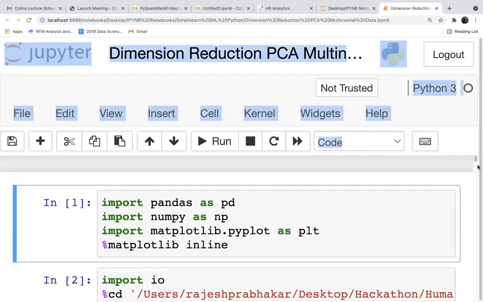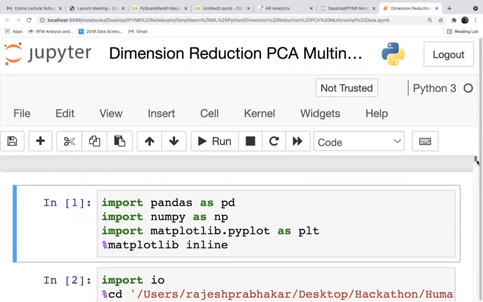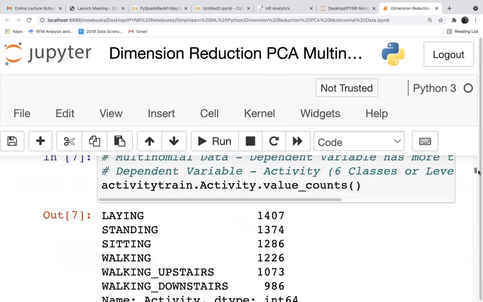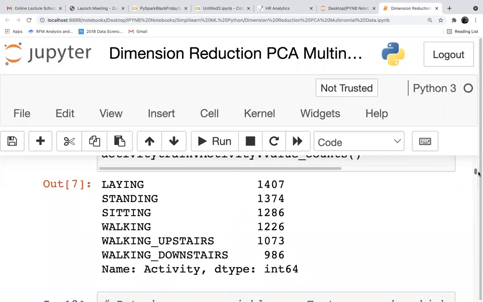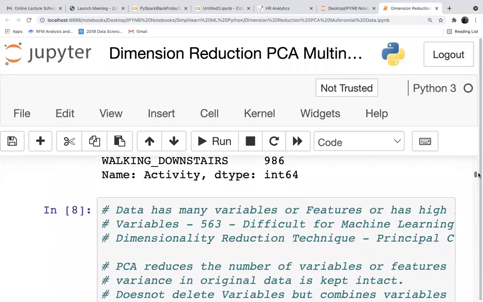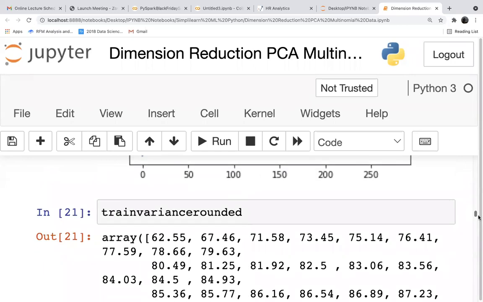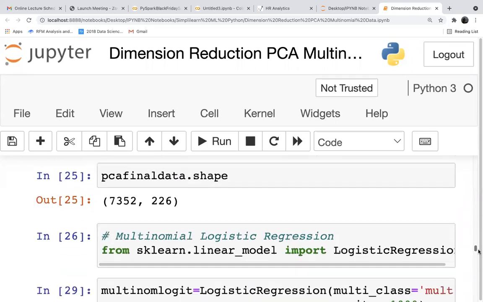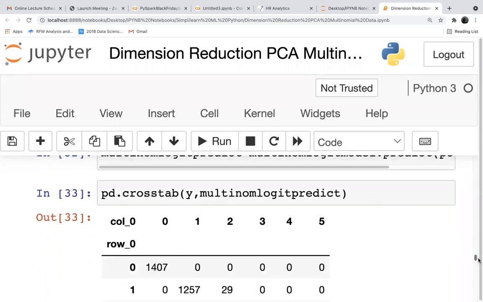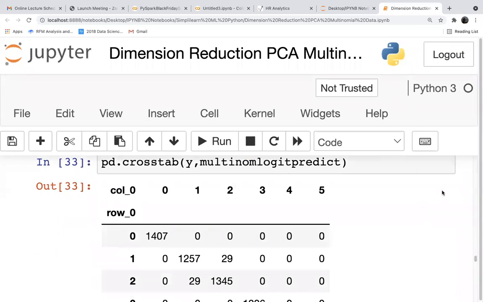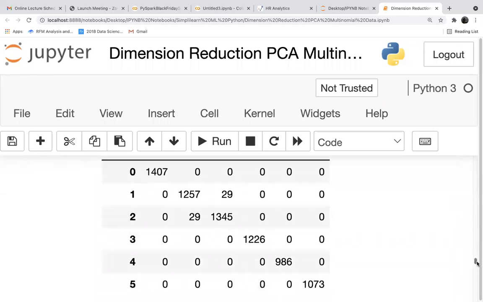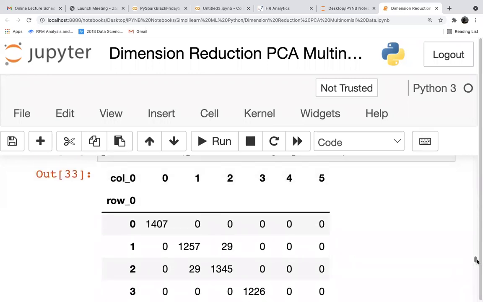In a multinomial data, I have used human activity here, where you have to predict 6 activities: laying, standing, sitting, walking, upstairs and downstairs. We have reduced the data with principal component analysis and done the multiple logistic regression.